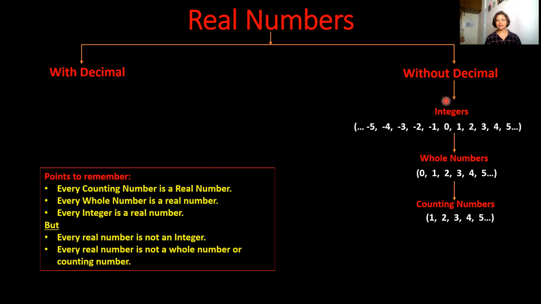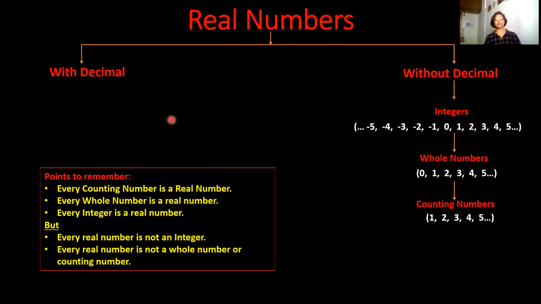Integers. And integers contain whole numbers, and whole numbers contain all counting numbers. So in one sentence you can say all integers are real numbers, but you cannot say vice versa. You can't say that all real numbers are integers,